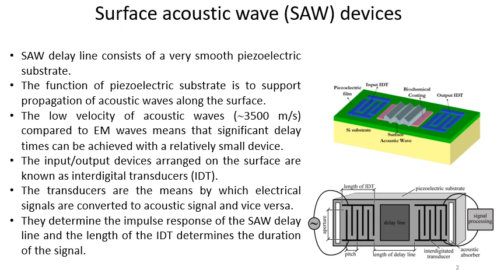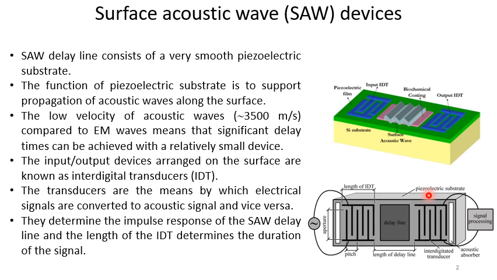A SAW dispersive delay line, or surface acoustic wave dispersive delay line, consists of a very smooth piezoelectric substrate. The function of the piezoelectric substrate is to support propagation of acoustic waves along the surface. The low velocity of acoustic waves, of the order of 3500 meters per second compared to electromagnetic waves, means that significant delay times can be achieved with a relatively small